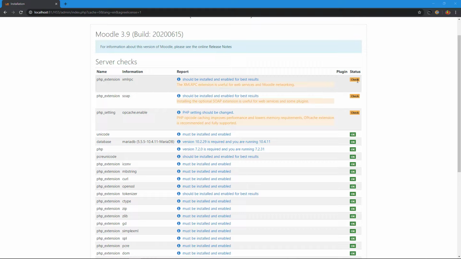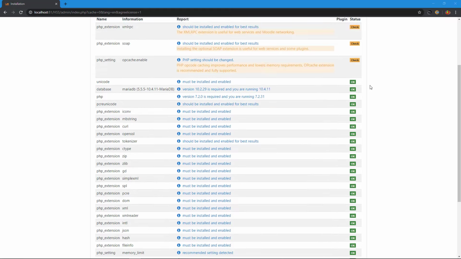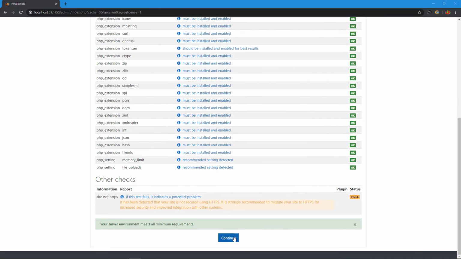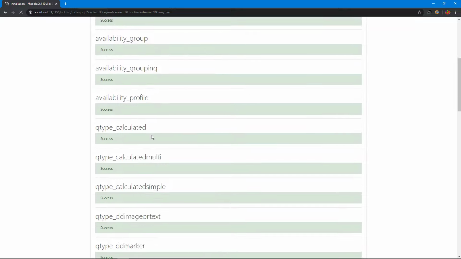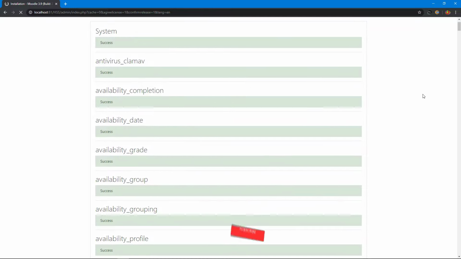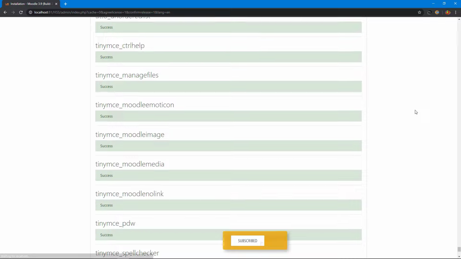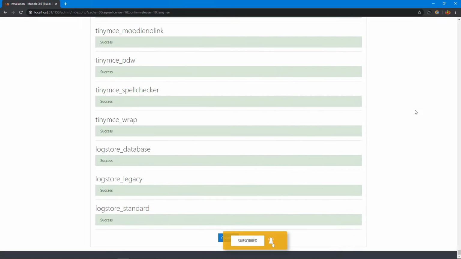The yellow notification needs no immediate attention. And I click the continue button. Now our database is connected to the Moodle server. Okay, installation is progressing. Okay, I click the continue button.